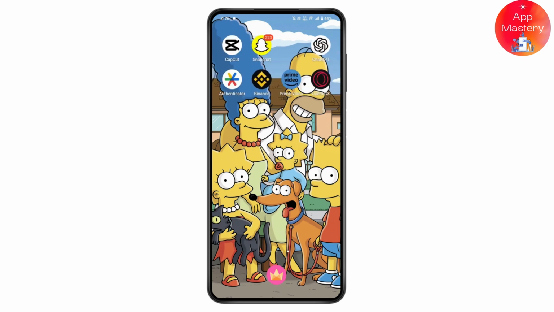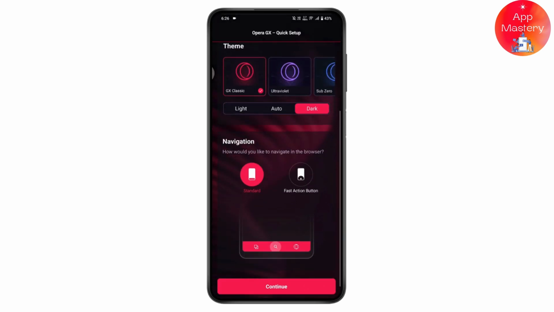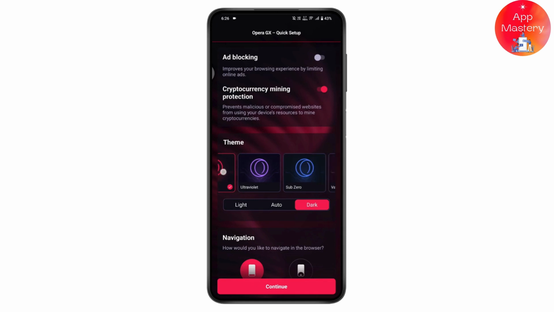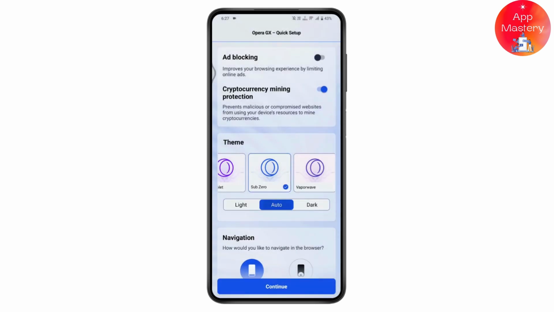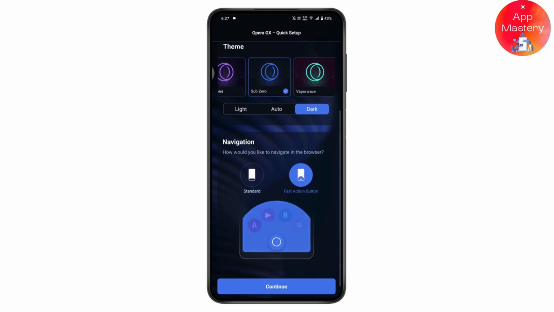So open up the Opera, tap on continue, and once you tap on continue, here you will have the theme option, right? You can simply choose any theme that you are comfortable with. So I'll be choosing this theme, and you can also choose light, auto, or dark. So you can choose any one of these, and then you can also choose the navigation. So you can choose the fast action navigation or the standard navigation, and tap on continue, which is on the